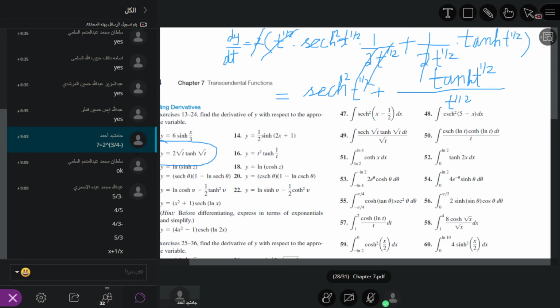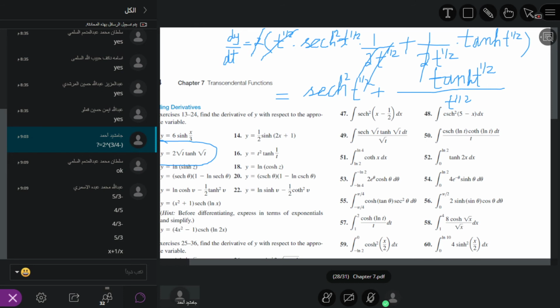It is sec hyperbolic square t power 1 by 2 dot derivative of the angle, so dot 1 by 2 t power 1 by 2 plus